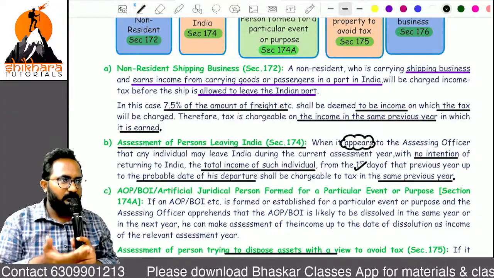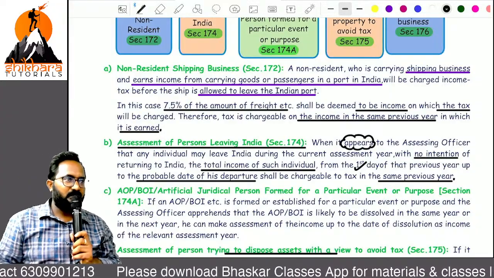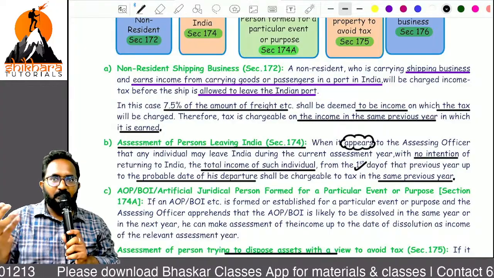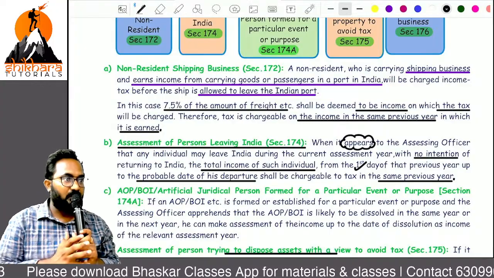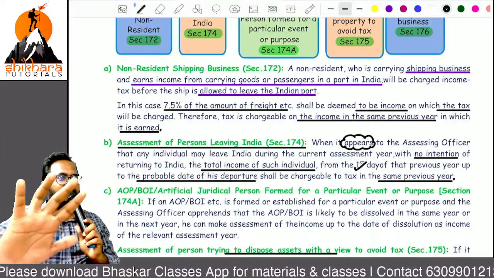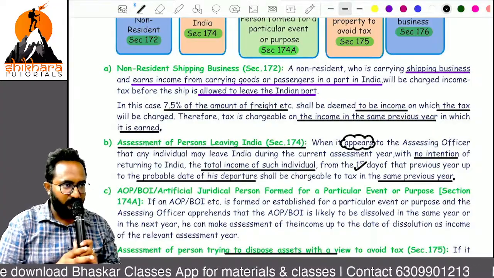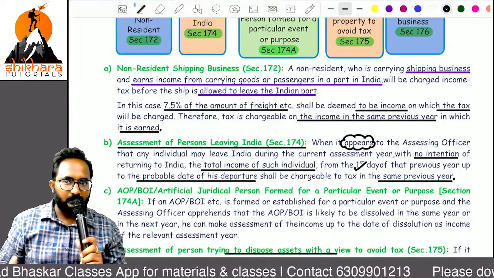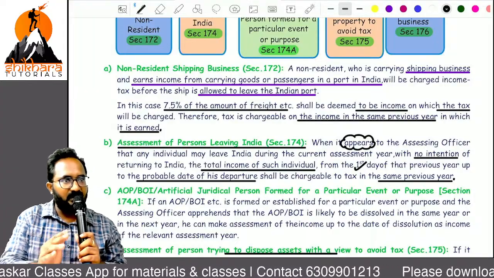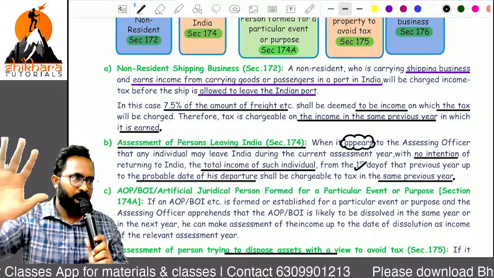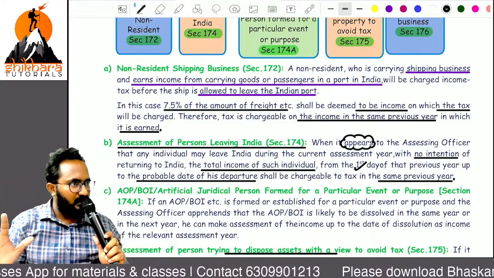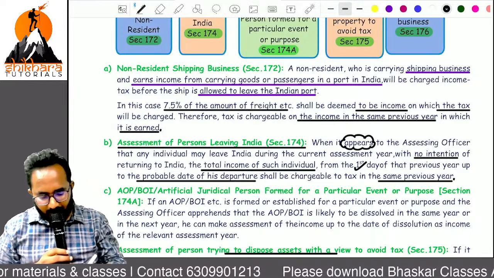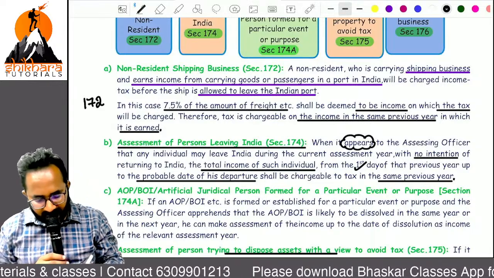Their work is this: if you are selling all the assets, discontinuing the job, and closing any business you have, they will easily get an idea that this person has some plan to escape tax during that assessment year by departing from India. Definitely the AO will approach the SSE and collect the tax on the total income. So 172 is over.